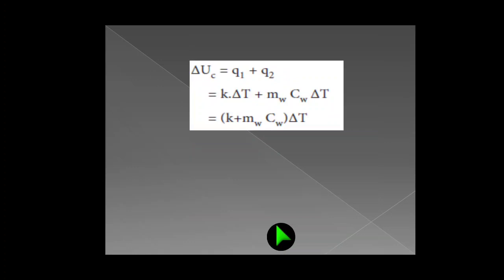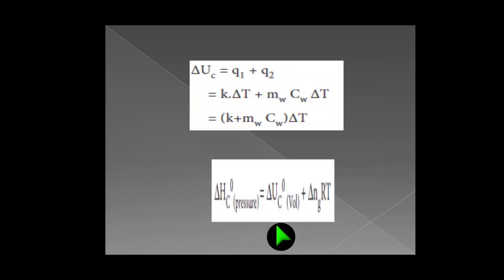The calorimeter constant can be determined by burning a known mass of a standard sample, benzoic acid, for which the heat of combustion is known. So what is the value? The heat of combustion of benzoic acid is minus 3227 kilojoule per mole. The enthalpy of combustion at constant pressure of the substance is calculated.